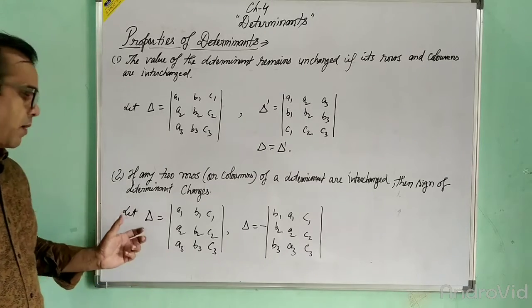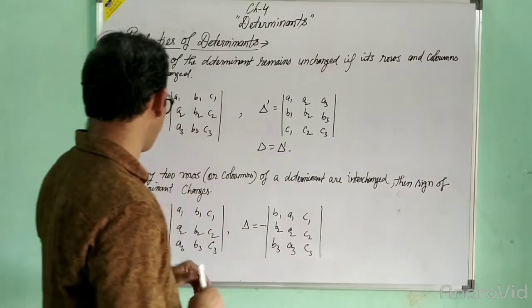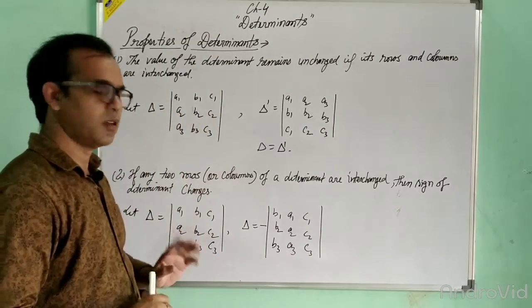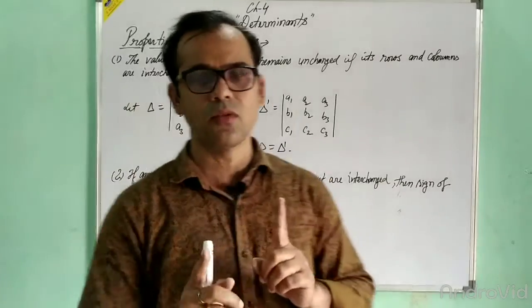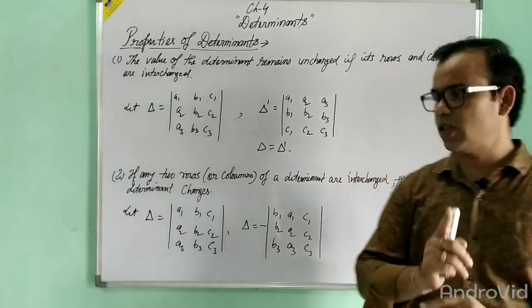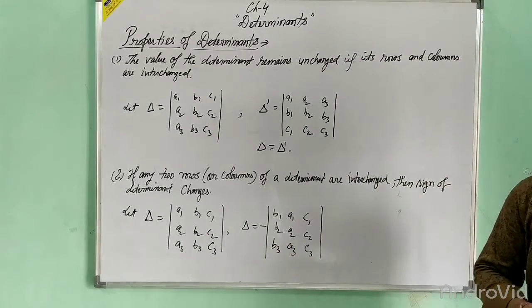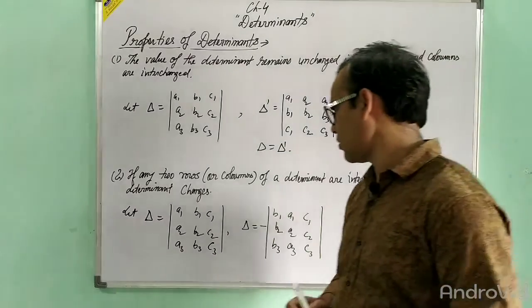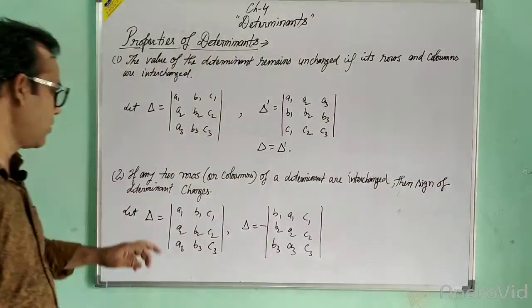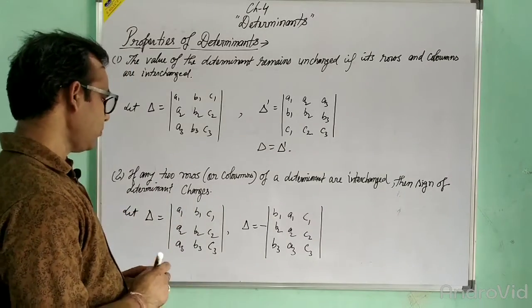क्लियर? सो हमने यहां पर ऑपरेशन किया है कॉलम्स में. मींस जब हमने कॉलम को आपस में इंटरचेंज कर दिया है, इफ एनी टू रोज और कॉलम्स. सो यहां पर दो कॉलम है, पहला कॉलम और दूसरा कॉलम, हमने उनके एलिमेंट्स को आपस में इंटरचेंज कर दिया. तो इंटरचेंज करने पर जो डिटरमिनेंट का साइन है वो चेंज हो जाएगा और ये माइनस. सो ये केस जो है कि वो हमारा जो डिटरमिनेंट आया उसमें माइनस हो जाएगा. ठीक है.